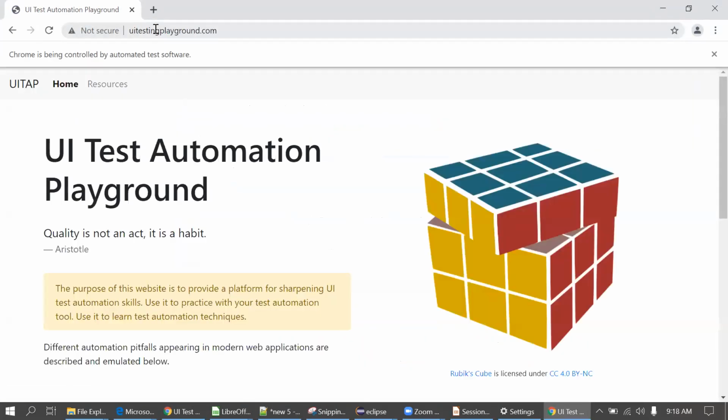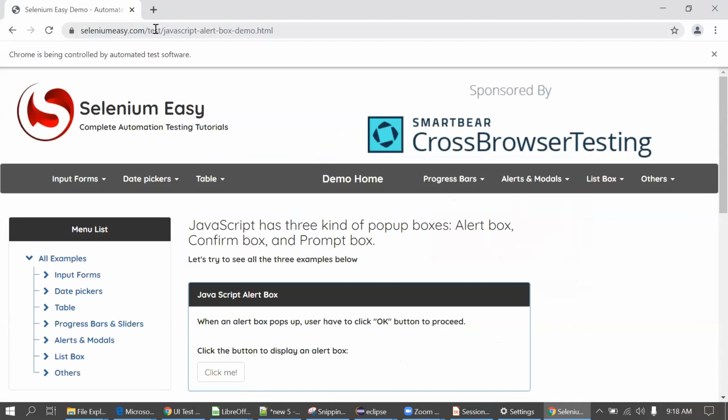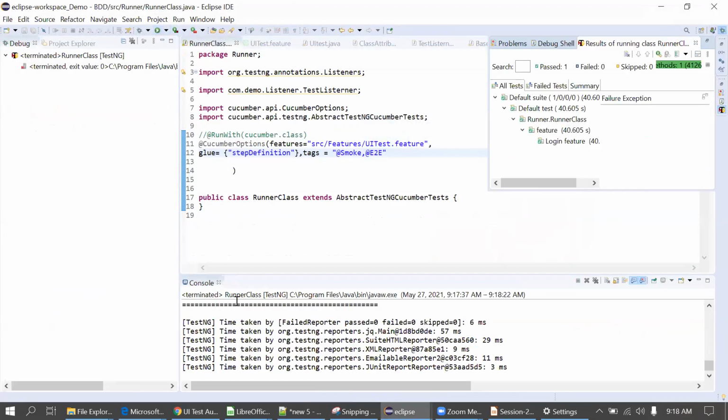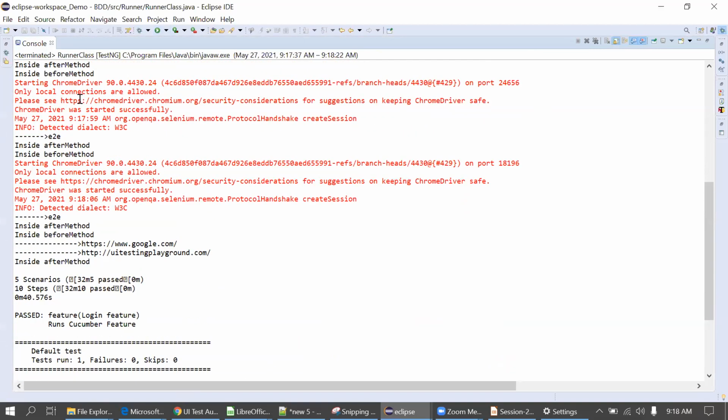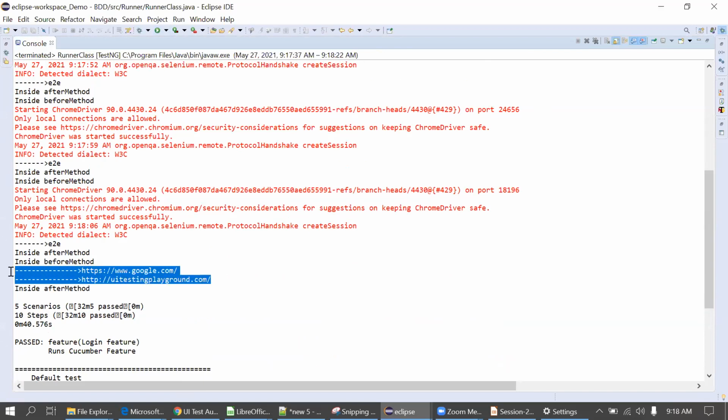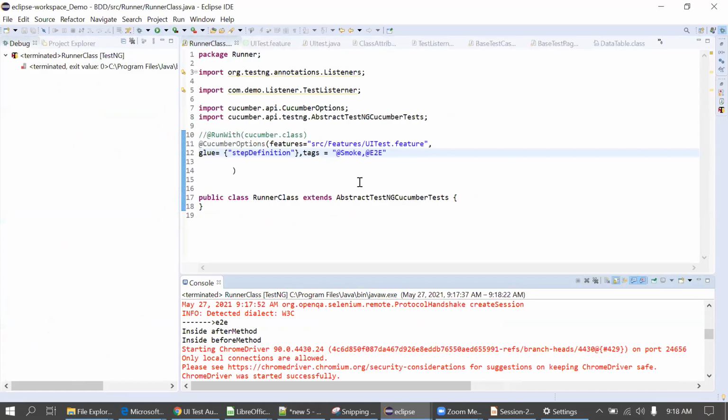Now it's in E2E, right? So if you want to execute multiple tags, we can provide them comma separated in the tags in the runner file. Basic test cases you can mark as smoke or sanity, and those covering end to end, we can mark as end to end, and based on whatever requirement, we can execute only those tags. You can see the end to end test case also got executed. I have printed one of the methods from end to end. Both test cases, having the end to end and smoke tags, got passed. So this is for the tagging.